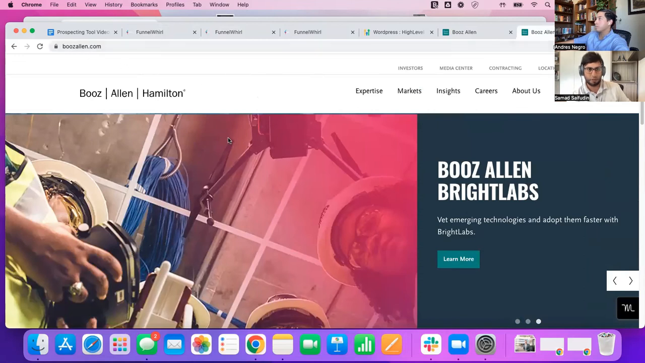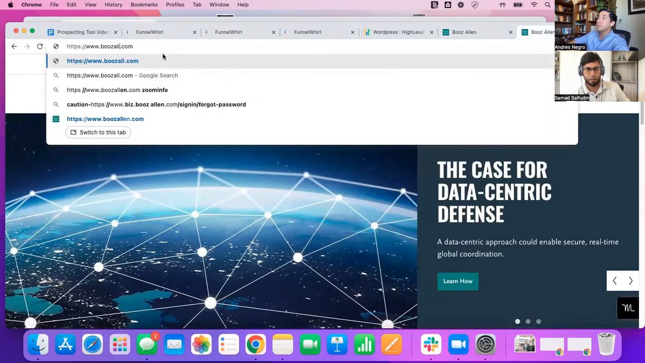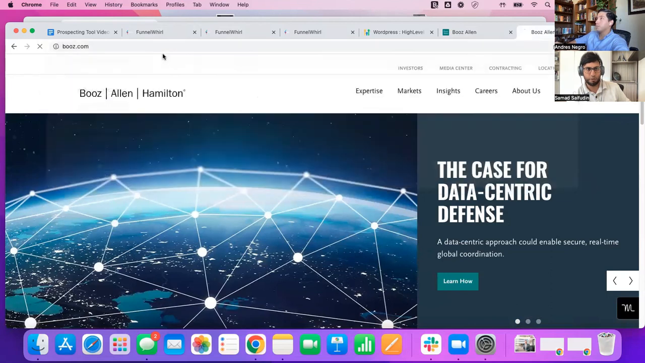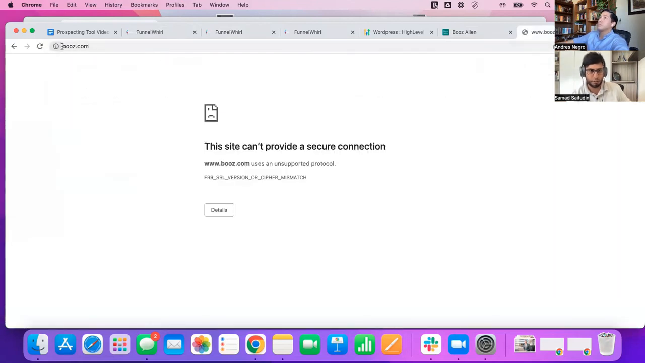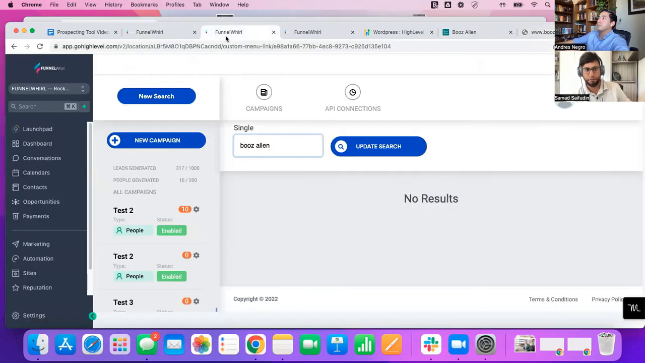And if you take out Allen and just keep it as booz.com. Just want to show everyone that this is a visual here. It's not going to pull up anything because there's nothing there on booz.com. And if you could then go back to FunnelWhirl and just search Booz Allen,